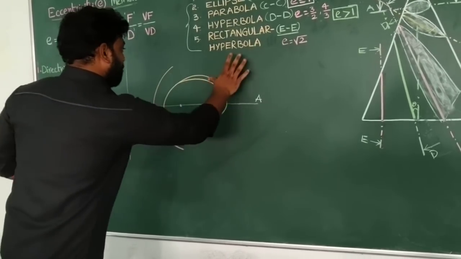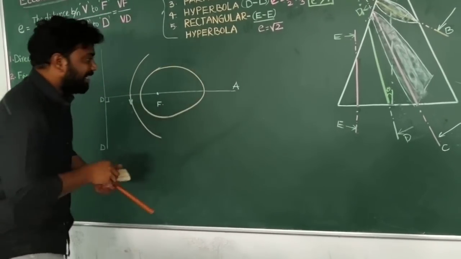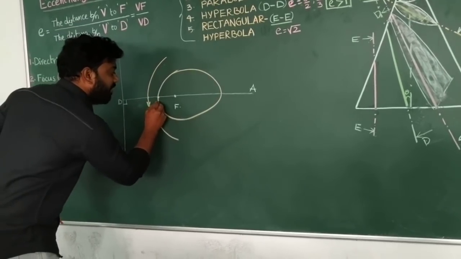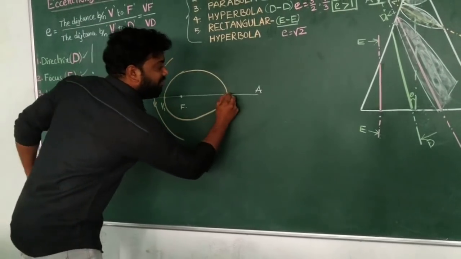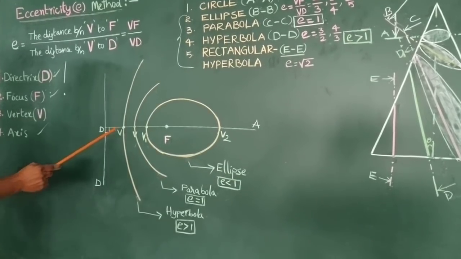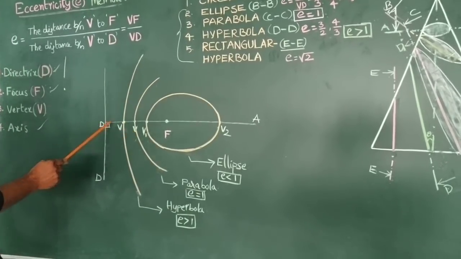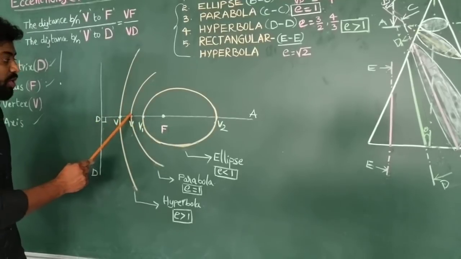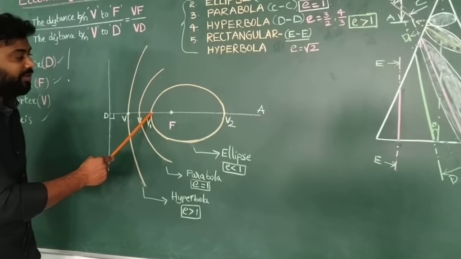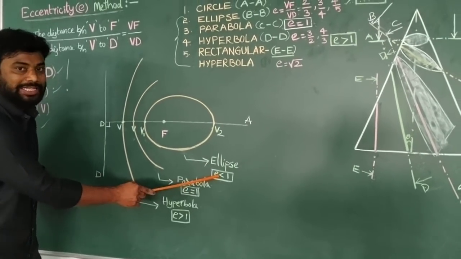So we will be getting the ellipse in this way, and here the ellipse is touching the axis of the cone at two particular points. So here we will have two vertices, V1 at the left end and V2 at the right end. As I said, for the parabola we have the vertex point exactly at the midpoint of DF. So after the midpoint of DF, if we have the vertex, we will be getting the ellipse. That means we will have an eccentricity value less than 1.